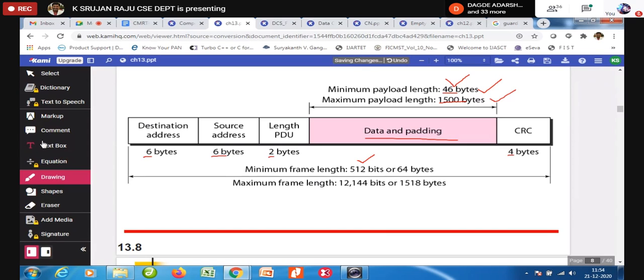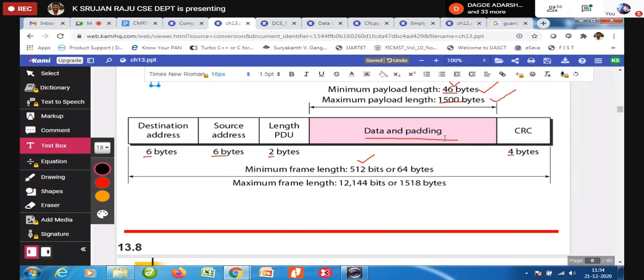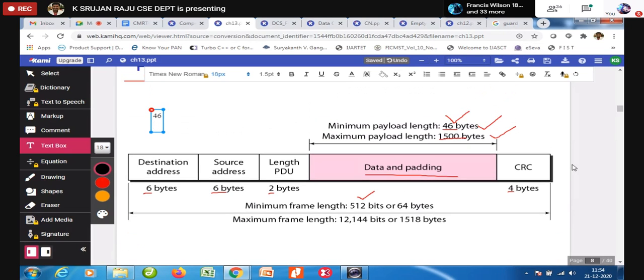Now, you need to calculate. So, 46 plus 6, then 6, then 2, then 4. Now total how much is it coming? 12, 4, 16 plus 2, 18, 18 plus 46.